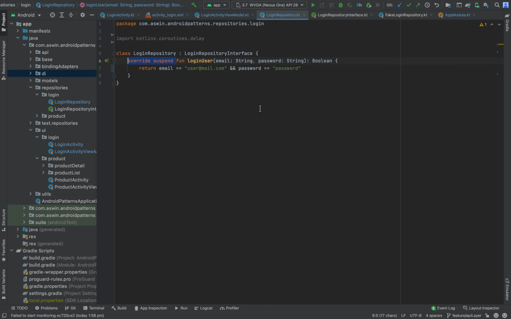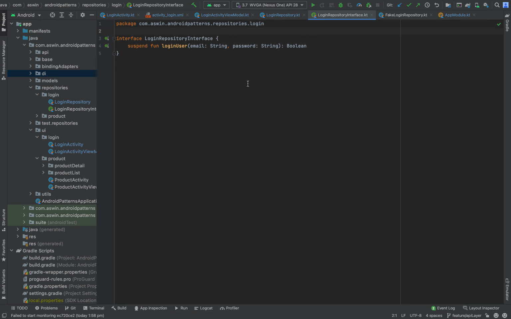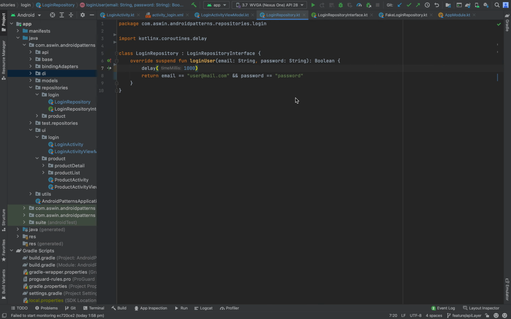This makes the login repository testable, and we can reuse this interface anywhere we want. We can add a delay to make it look like we are making an API call and show a loader in the login screen.